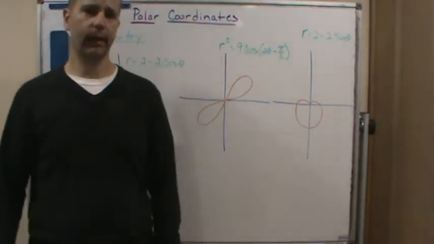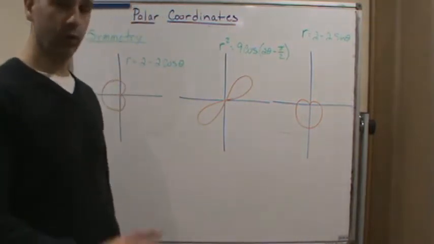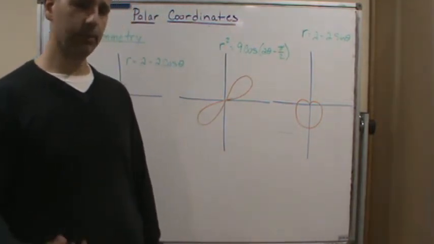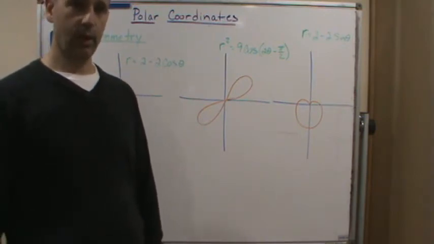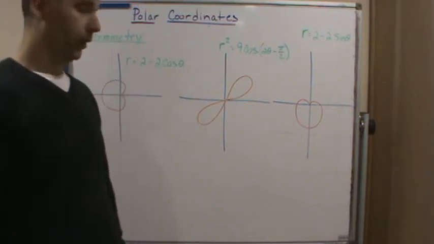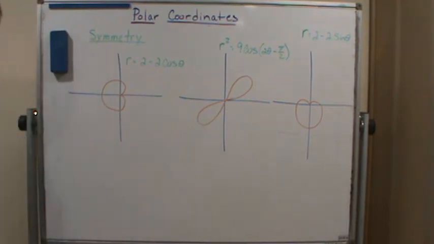Okay, so welcome back. I'm just going to do this example where I show you some examples of curves that are symmetric with respect to the different axes or the pole. So the three different ones in the last example. So again, we could have a graph like this. Again, my artistic skill